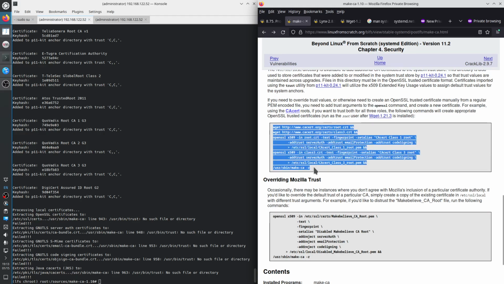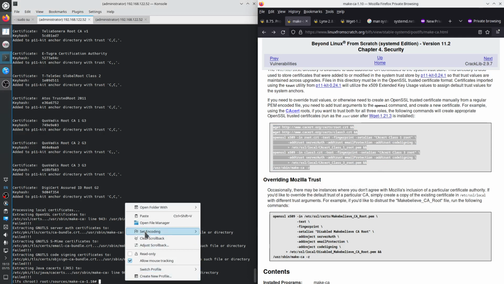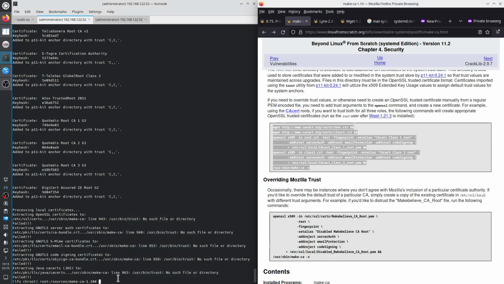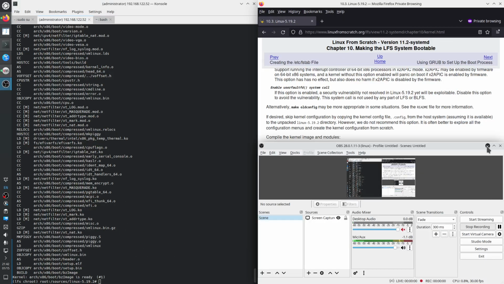Okay, so do we need to run this thing? Could be. No. /usr/bin/trust. Okay, so